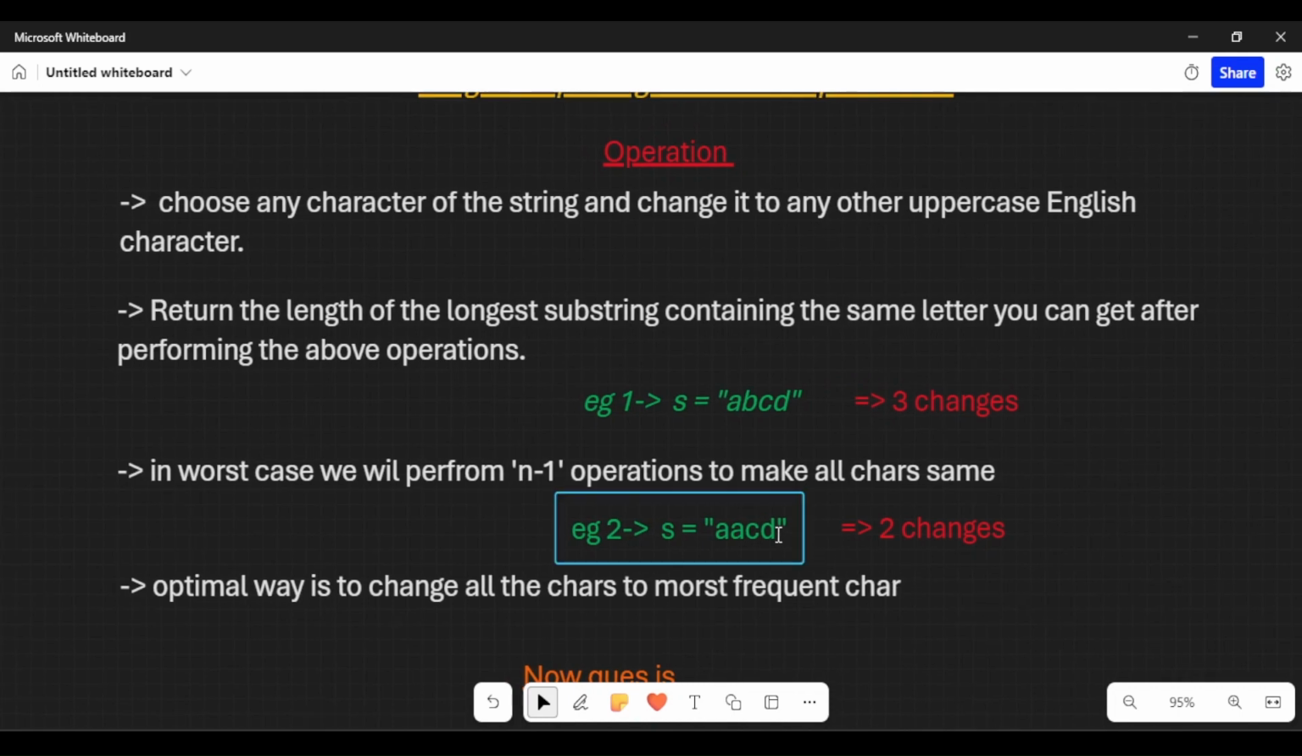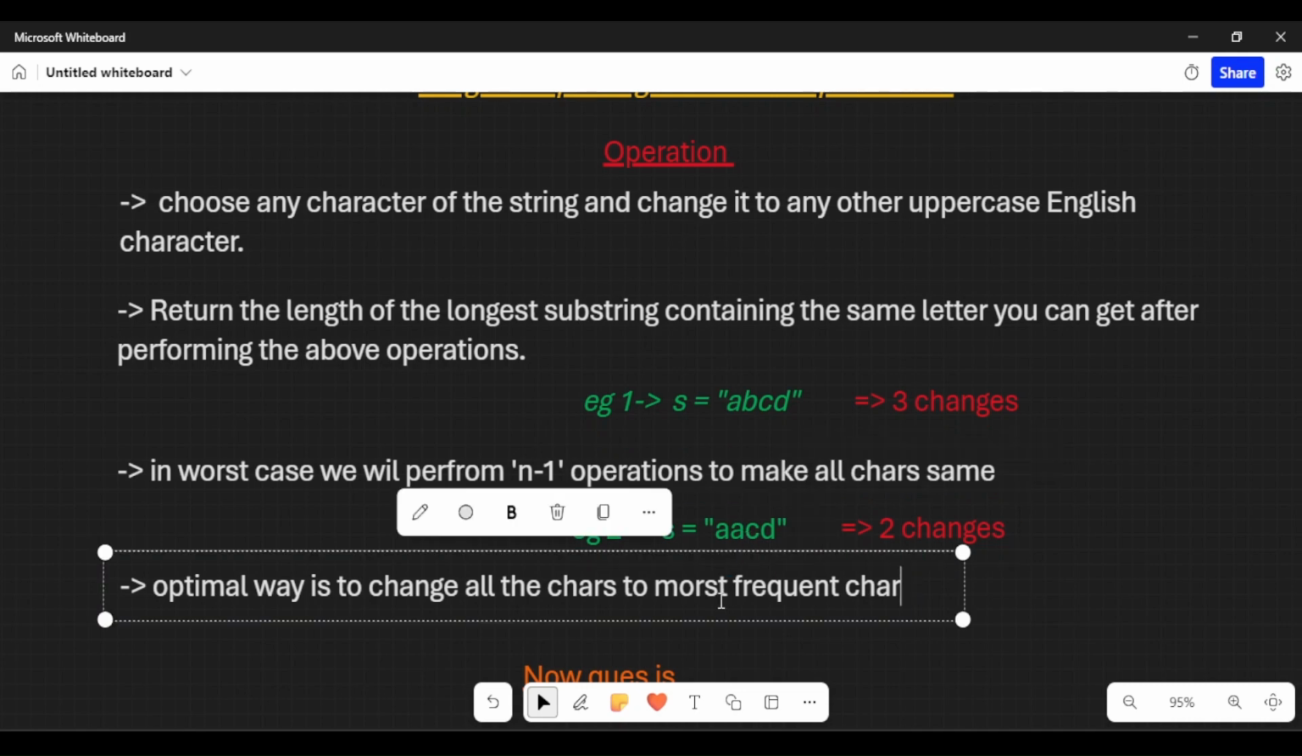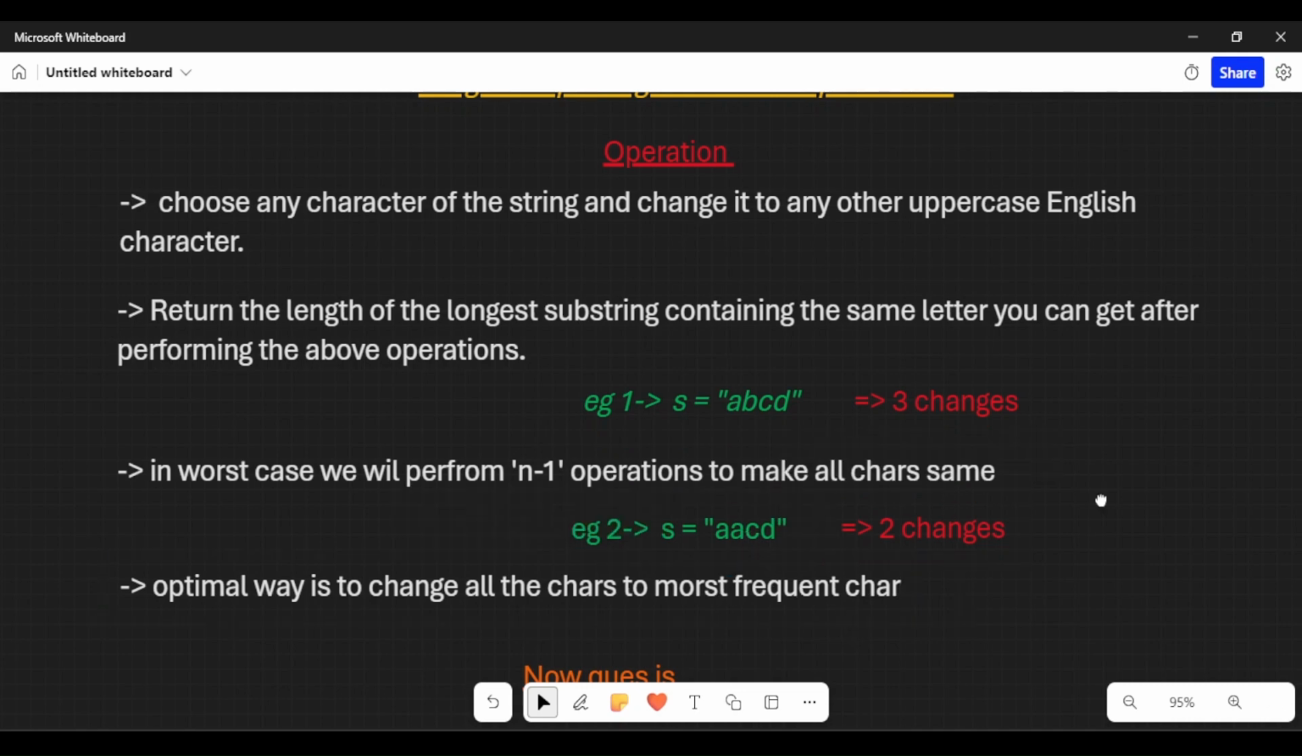So for doing that, I want minimal number of changes, or I can say that I want more characters of the string should remain same. So I will choose a character that has the maximum frequency. Because of that, more number of characters of the string will remain intact, and I will have to do less number of changes. So if I have to perform this operation optimally, I will always choose the most frequent character in that particular substring. Okay,